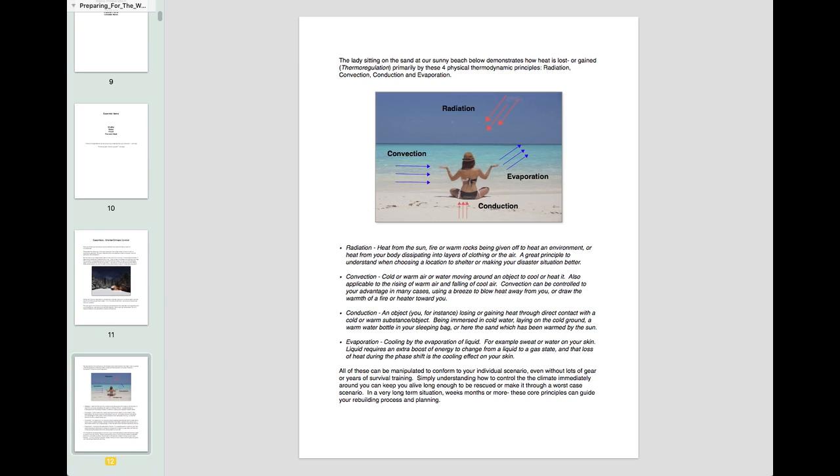There are some basic principles of shelter. And remember too, this is about shelter and climate control. The lady here on the beach is demonstrating 4 basic but essential principles of thermodynamics: radiation, convection, conduction, and evaporation. Radiation is heat from the sun, for example, a fire or warm rocks, that heat being given off into an environment,